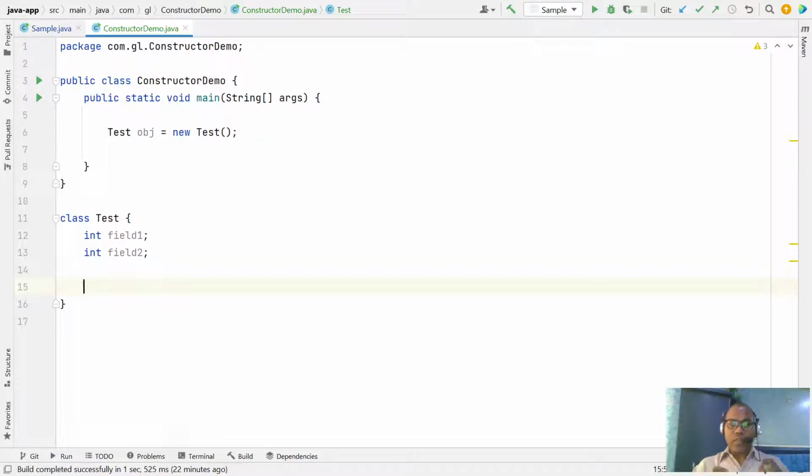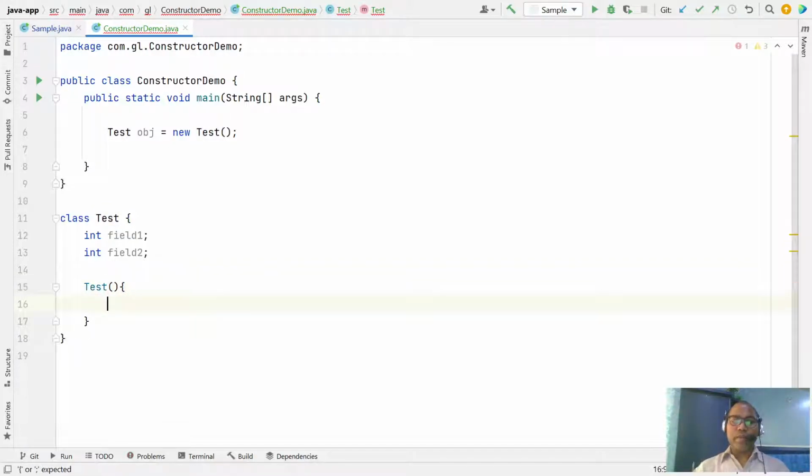So what is a constructor? A constructor is just like a method. You write the constructor name and parentheses, and then the curly braces. A constructor looks like a method, but it does not have any return type. You cannot type a return type here, whereas the general syntax of a method always returns some value, maybe void.